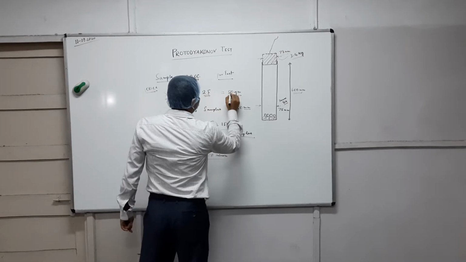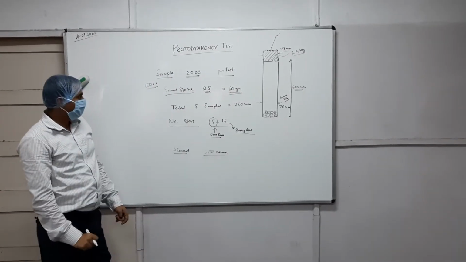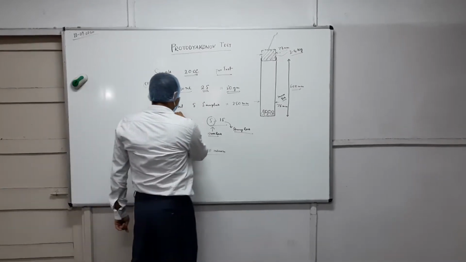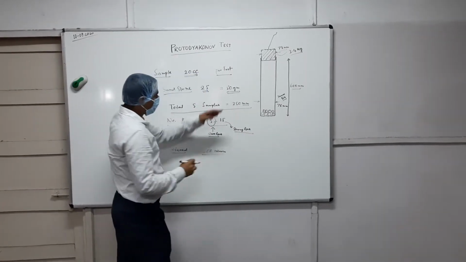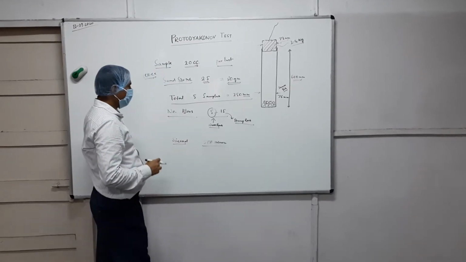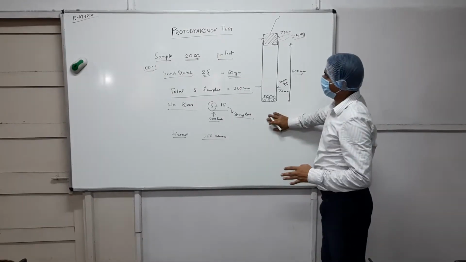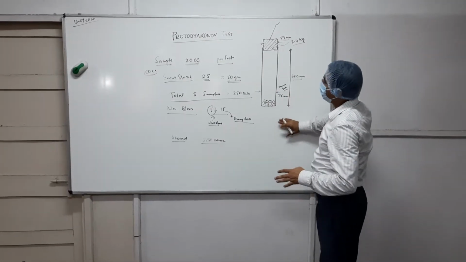So it is around 50 gram per test, and the total sample taken will be 250 gram. So the 250 gram test sample will be tested 5 times, and the total amount of powder produced by impacting the hammer